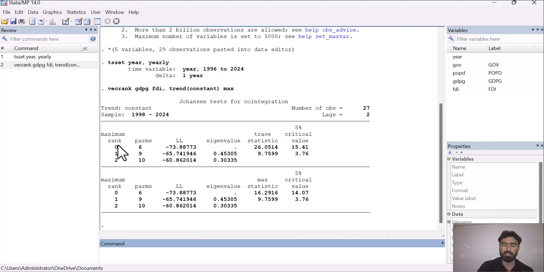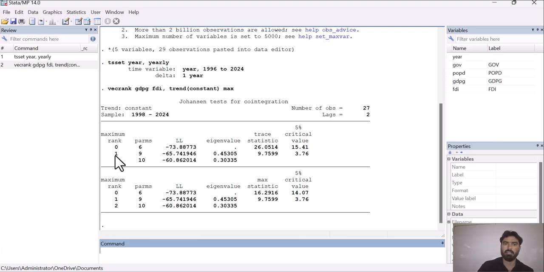So what are the null and alternative hypotheses? Here you can see that 0 means there is 0 cointegrated equation, 1 means that there is 1 cointegrated equation, 2 means that there are 2 cointegrated equations.